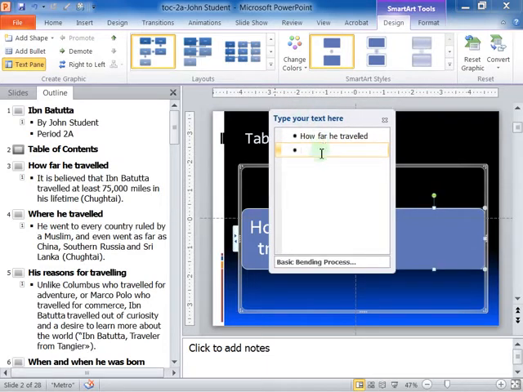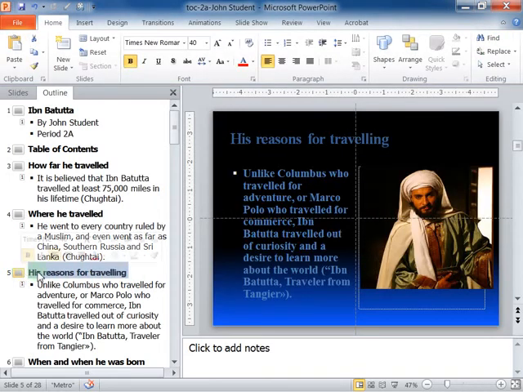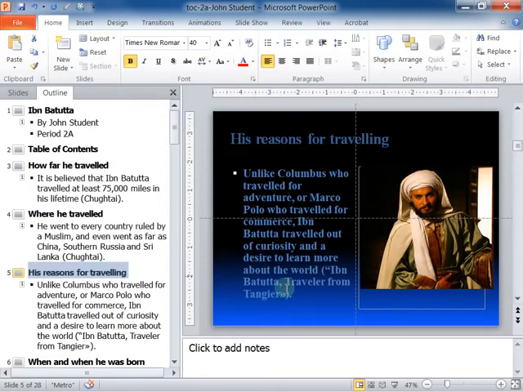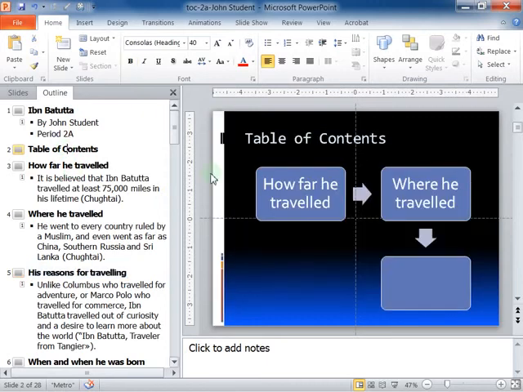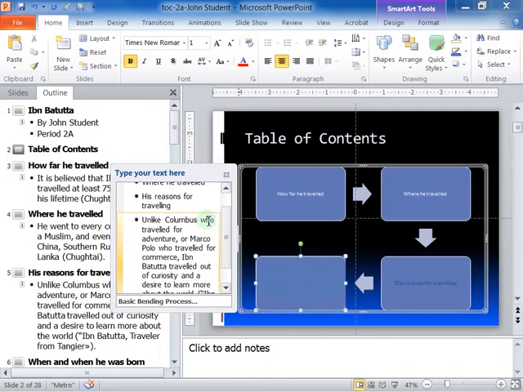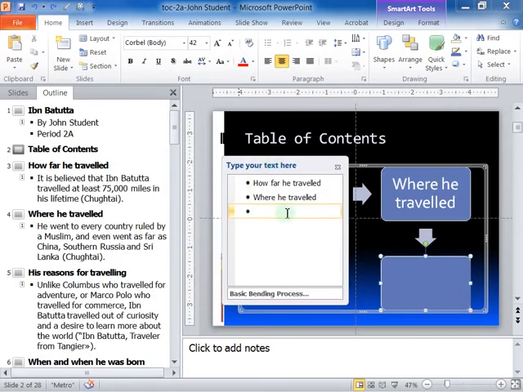And if you just go over here and look at these right here and just follow it as it goes along, where he traveled, enter. And of course what you can do is you can just do this, copy, but then you lose that table of contents, so you have to go back here and you have to click into it and then do this and then paste. Oops, I guess I copied the wrong thing. Control Z. So it's much easier just to kind of put this over here